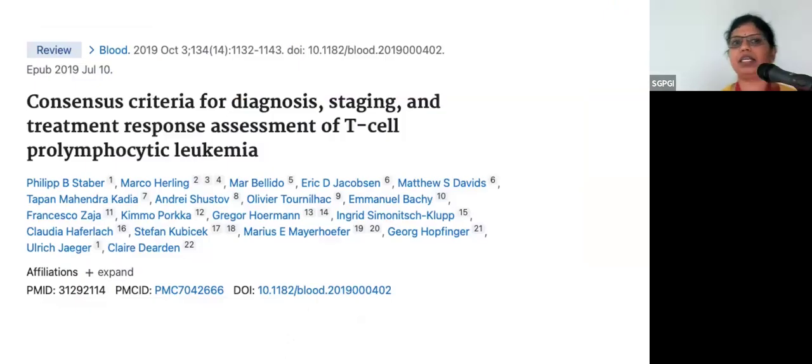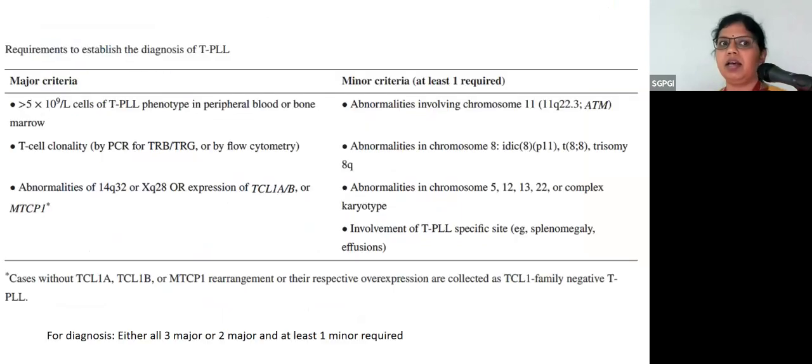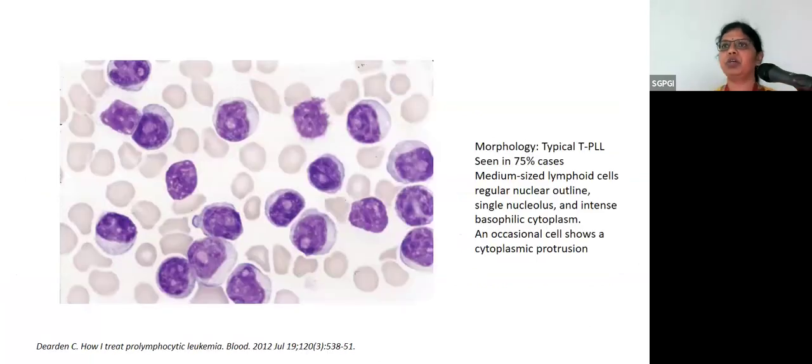So coming to the consensus diagnostic criteria for T prolymphocytic leukemia, these are the enlisted major and minor criteria, where you require either all 3 major, or 2 major and at least 1 minor, for the diagnosis. Now, coming to a brief description of this entity,